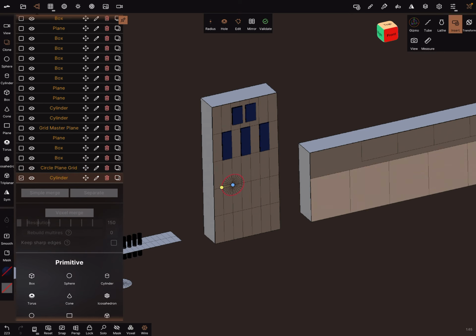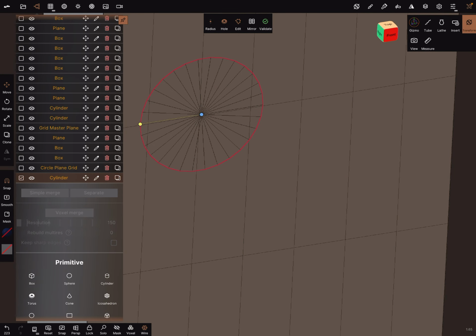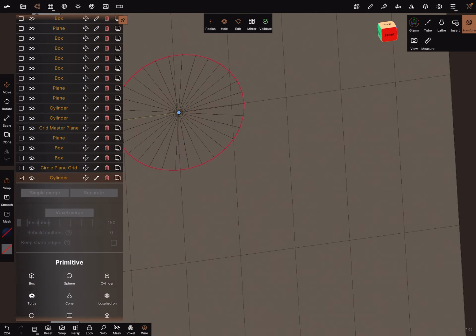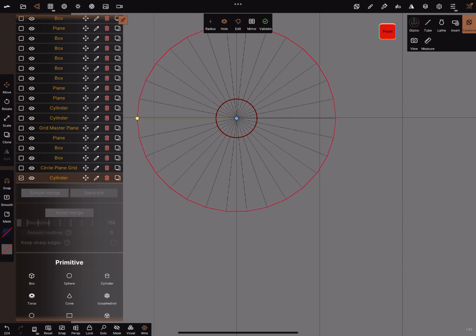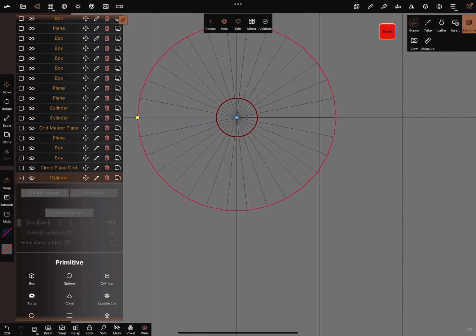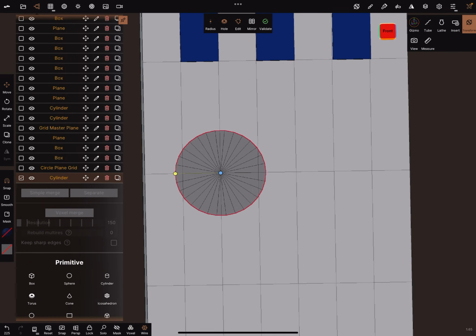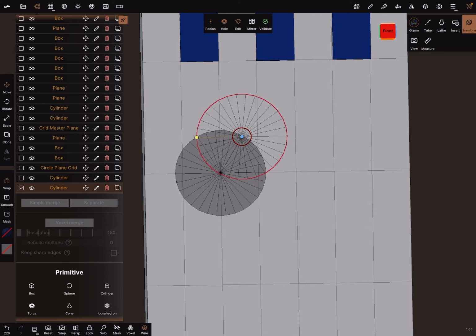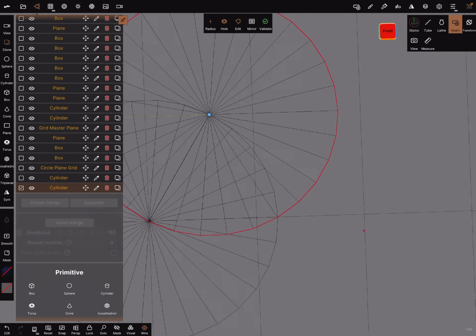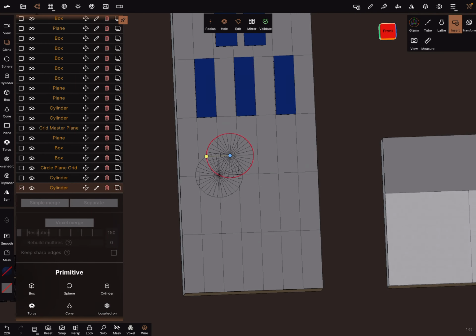And now you can place here your object, use the transform, and you can place the object exactly in the center of the grid. And now you can use the insert function again, and you can place it here to snap to the endpoints, and so on and so on.